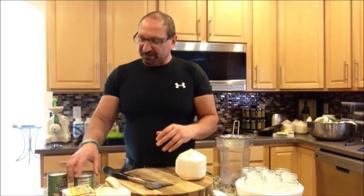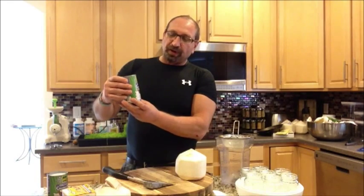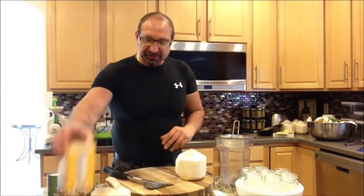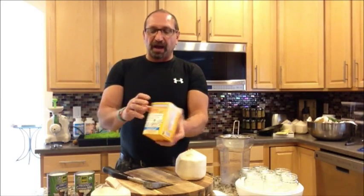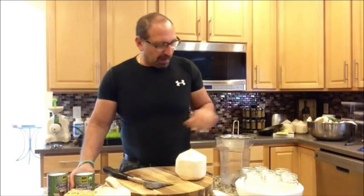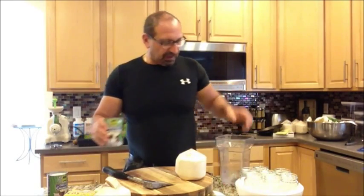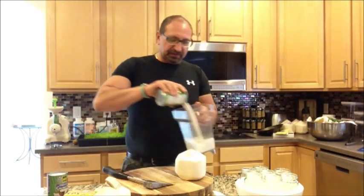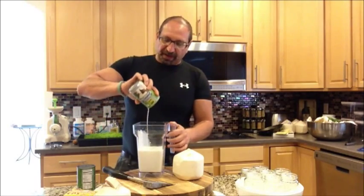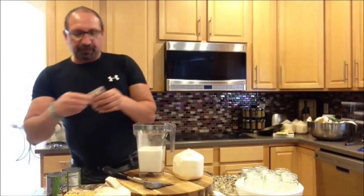The other thing I'm going to try is I bought some organic coconut milk, and this is actually a light, so it has less fat. And really all we're going to do with this, and this is like the easy, layman's way of making yogurt, is I got the Jarrow probiotic. It's the 5 billion organisms, and I don't need a strainer for this. I'm going to go ahead and put 2 cans of coconut milk and 2 capsules of probiotics,